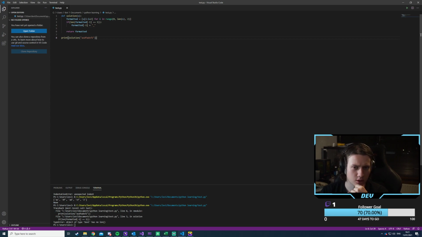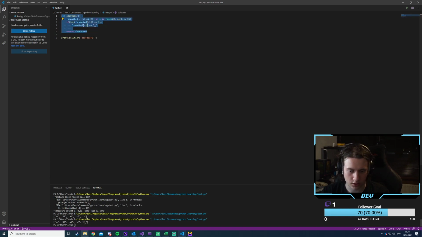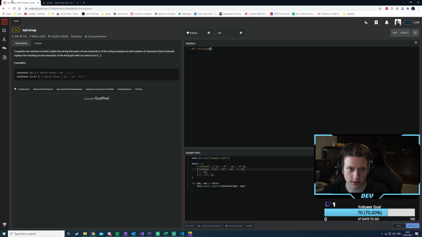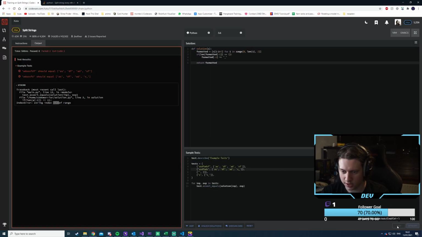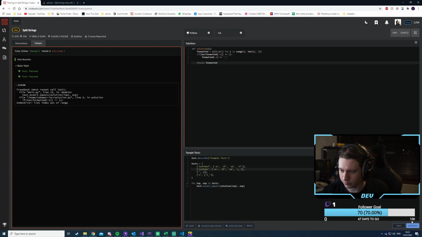So why does this not have... oh, wait a second. Yeah, the bracket was in the wrong place. Basic programming mistake. There we go. So it still doesn't append, but I think that's just because we're not saving it, right? So this does append. Okay. So this should be the Python function, I think. Let's see what happens now if we put this in. Test. There we go, we passed. So then this should hopefully pass. Okay, cool.